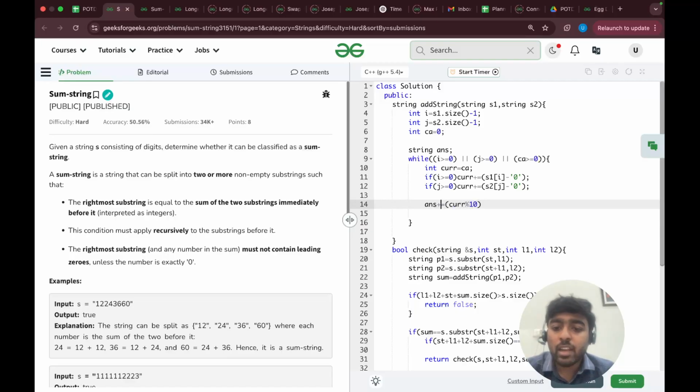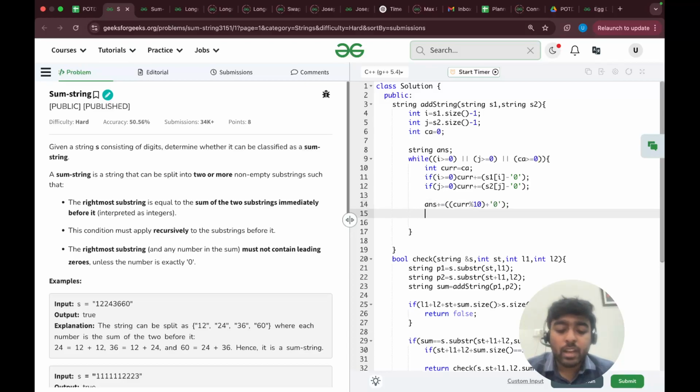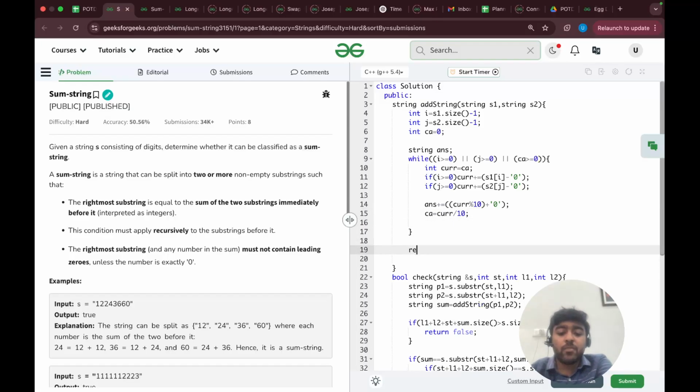Now I have to convert it to string, so plus '0', and I have to update my carry. So carry is equal to current divided by 10. In the last I will return my answer.